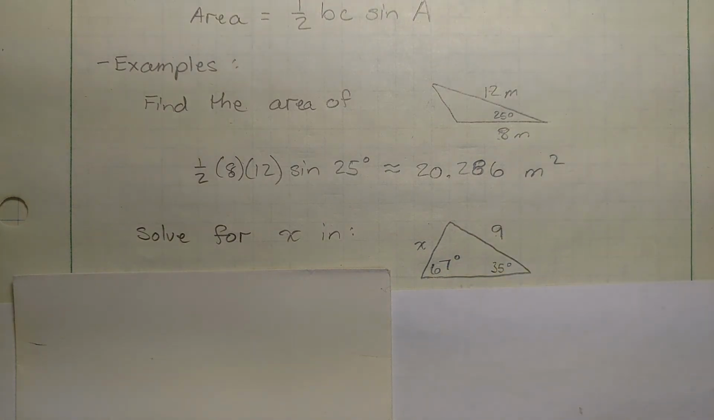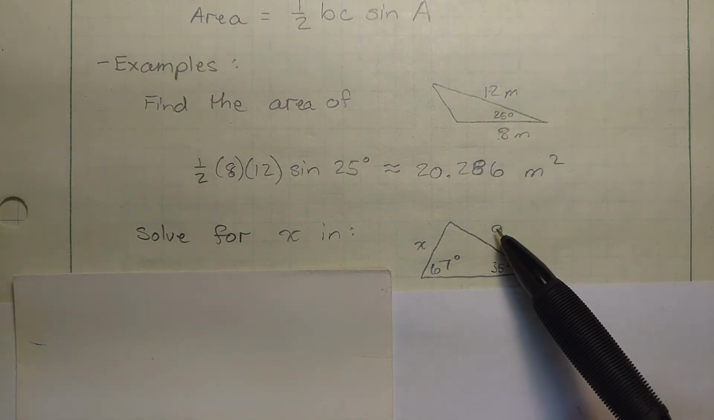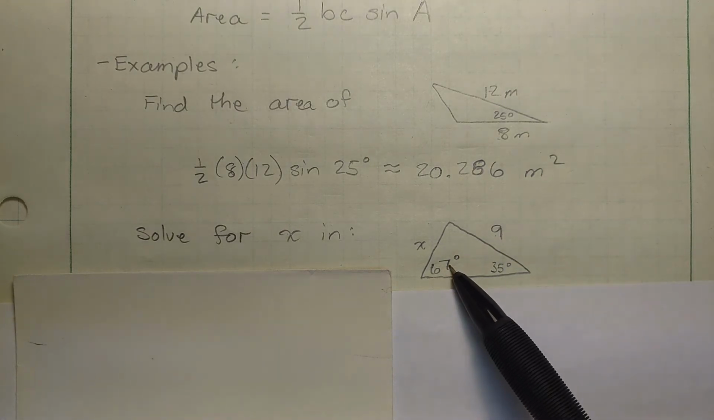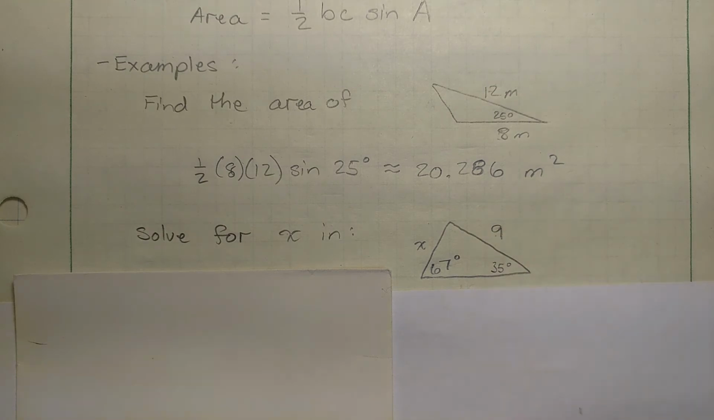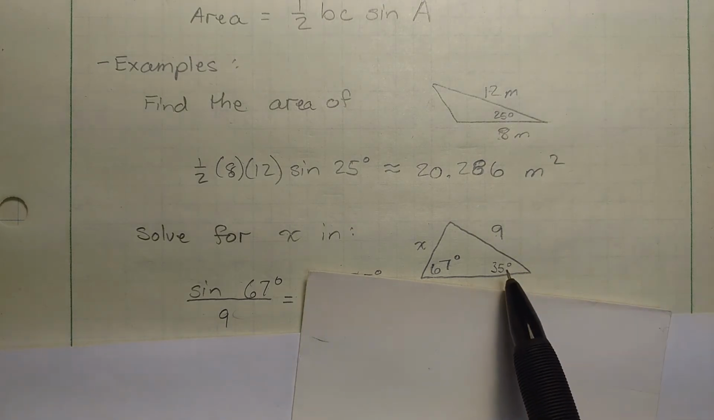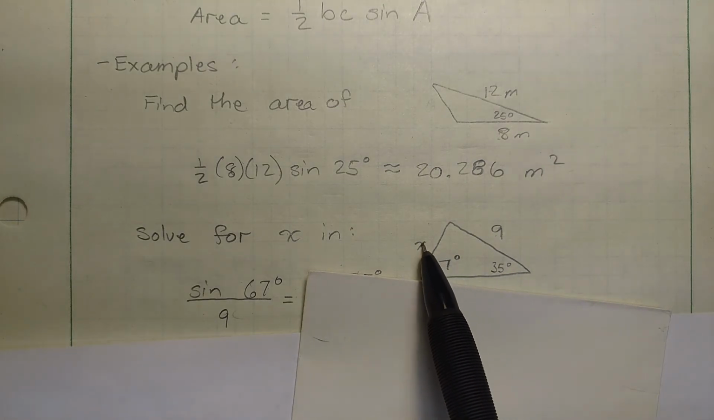So really we can do that in any situation. So what we need to do is set up 2 ratios. We always look for an angle and a side that are opposite each other that we know. So we can set up the ratio here: the sine of 67 degrees over 9, that's the first one we'll set up. We know the sine of 67 degrees over 9 has to be equal to the sine of 35